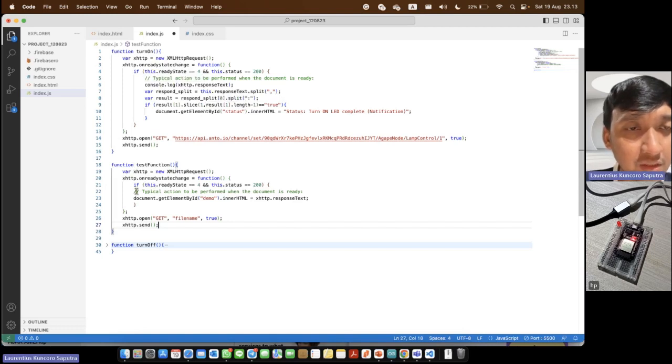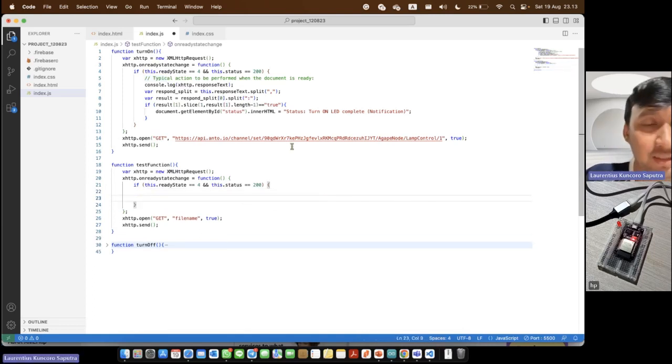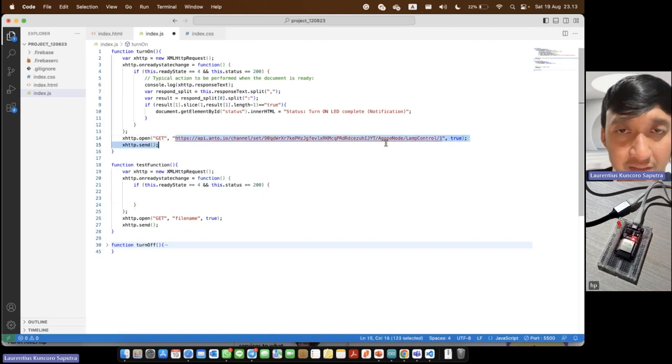Okay, we can delete this block, and also we should know the URL.